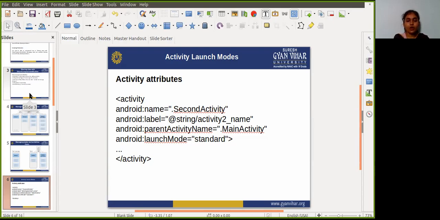So the activity is always the single and only member of its task.